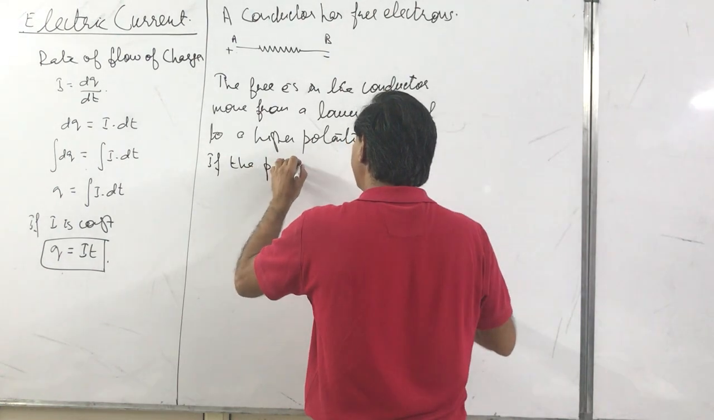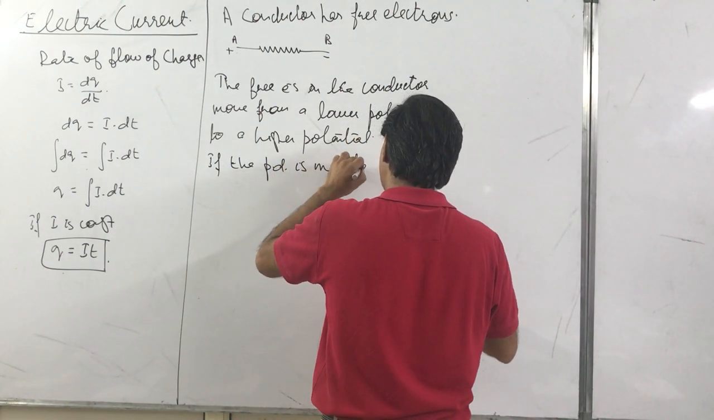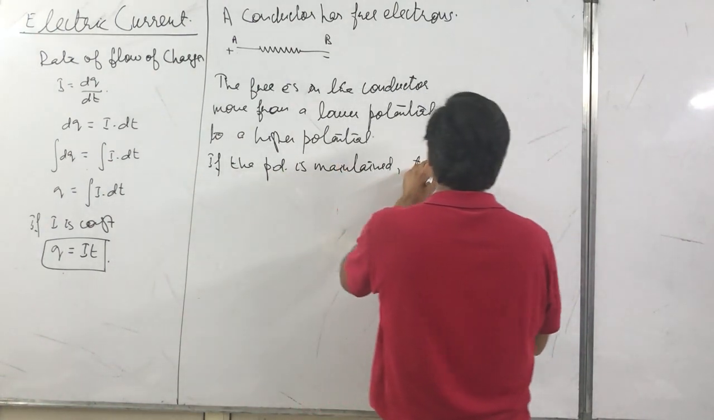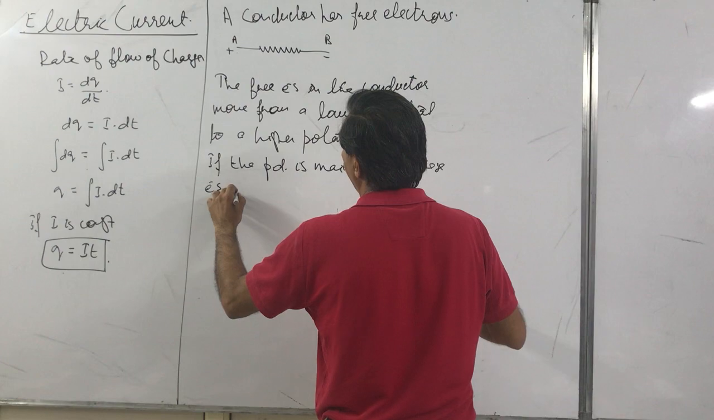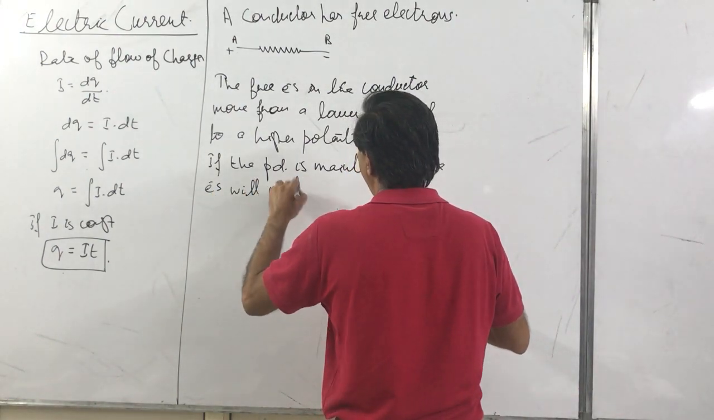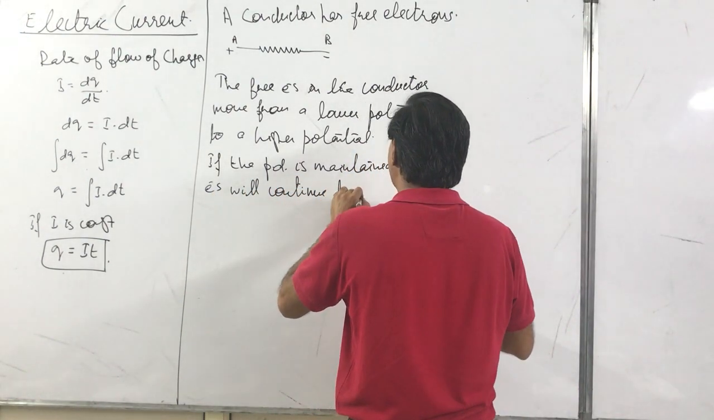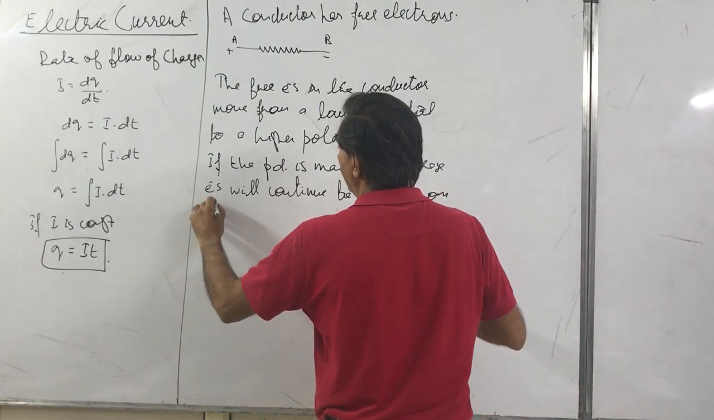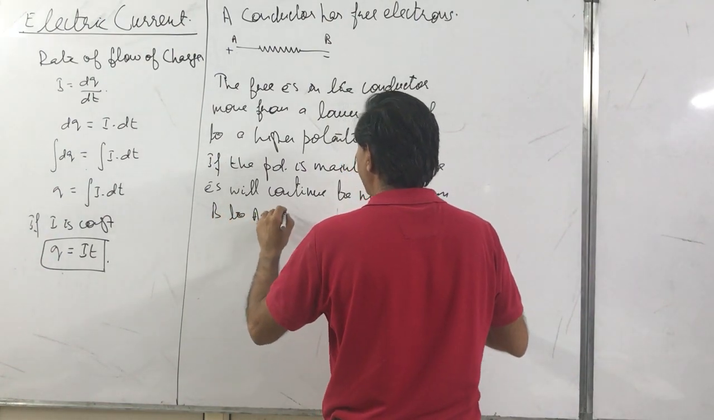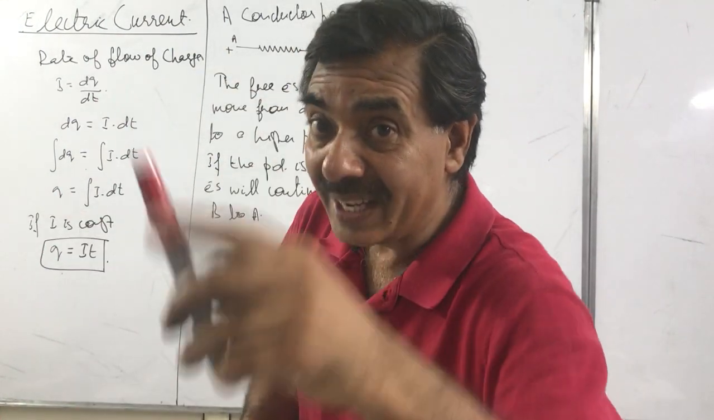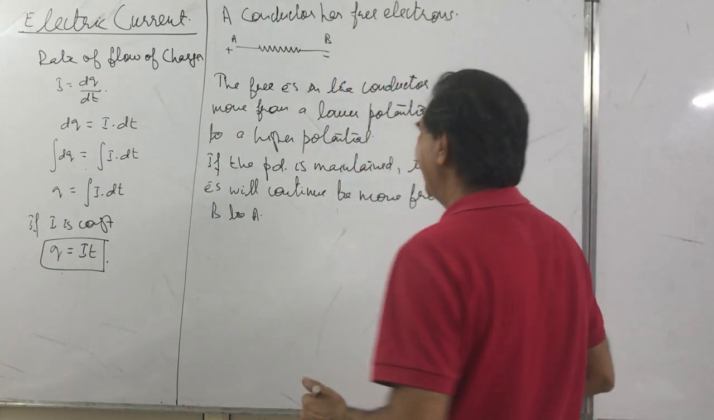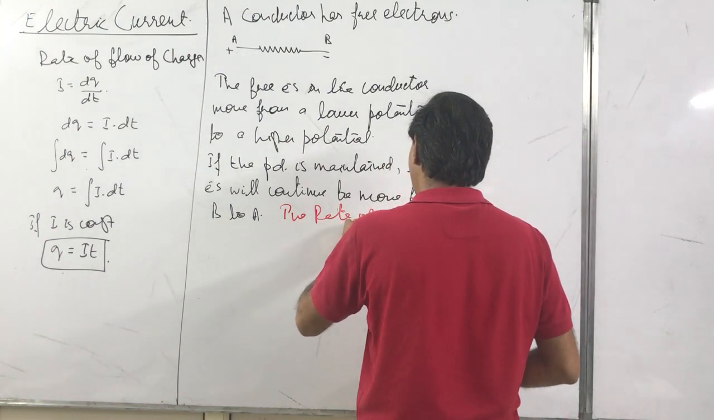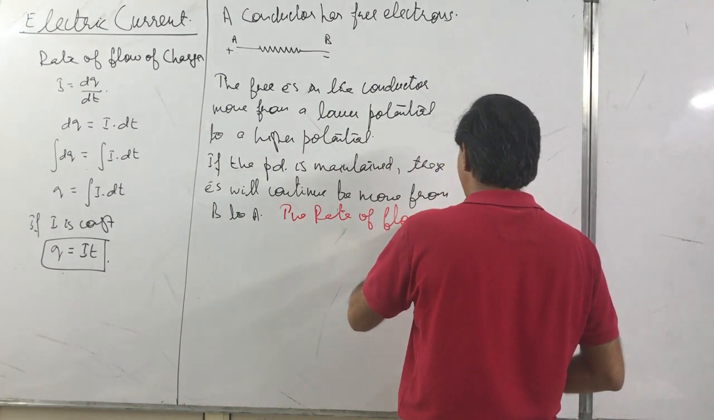If the potential difference is maintained, these electrons will continue to move from B to A. And the rate at which they flow, the rate of flow, is called